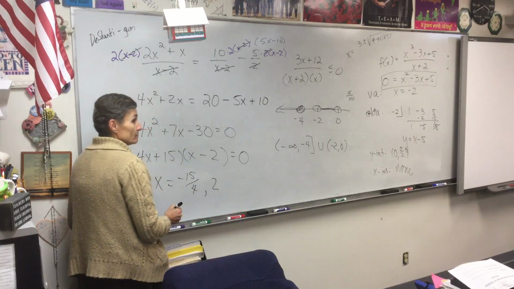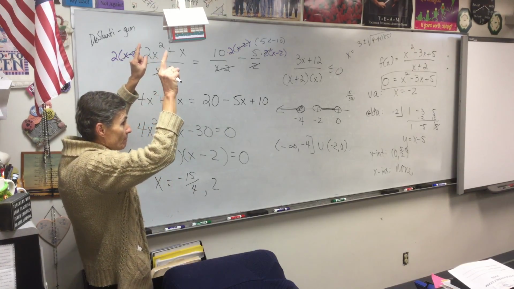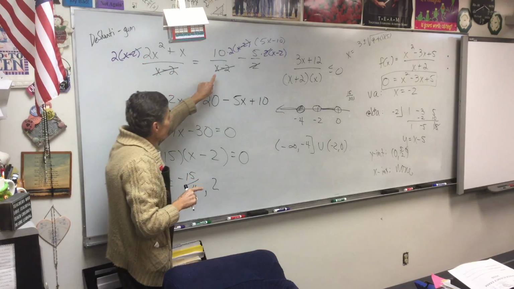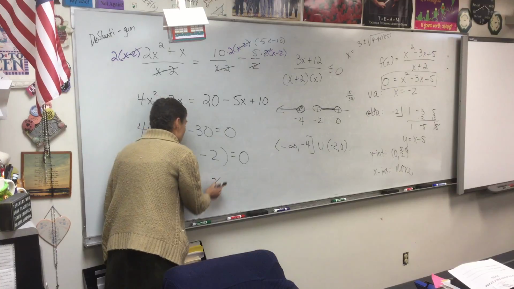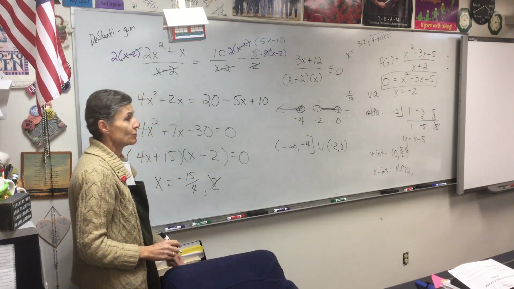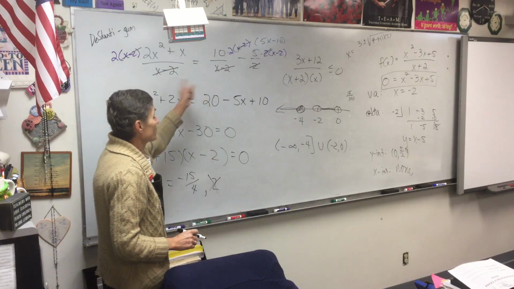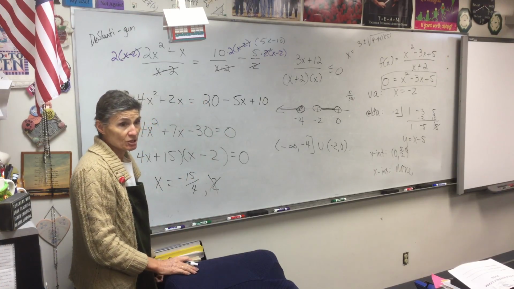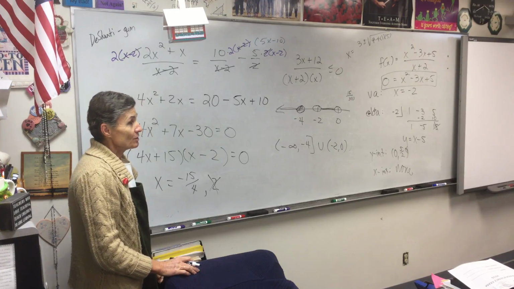Or 2. Beep, beep, beep. Here comes the radar. What about 2? It can't be. We call 2 an excluded value. It's an extraneous root. It doesn't work in the original problem. Everybody catch that? Well, now that I called it to your attention, you need to be able to catch that